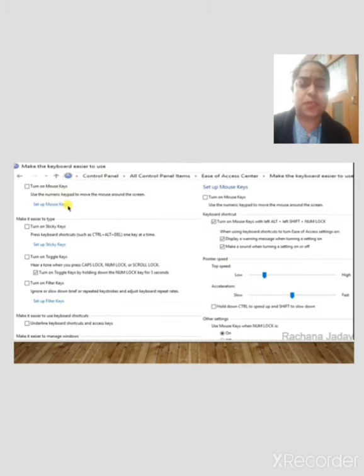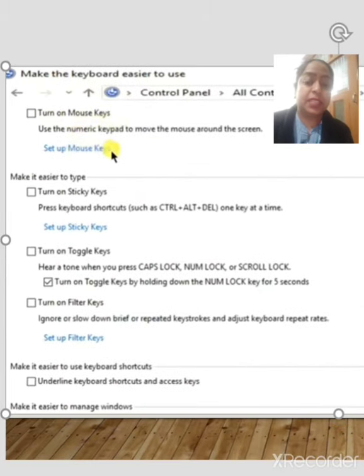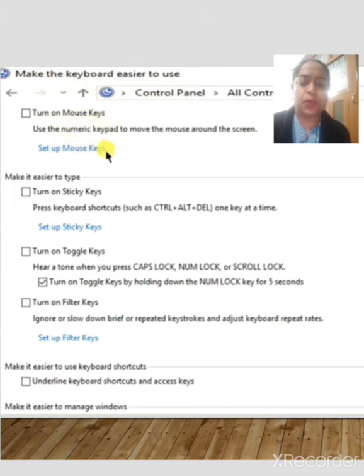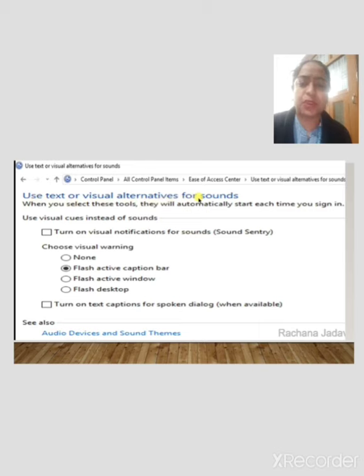All these options are there, and you have to just right click over here. There is a box. See, there is an option, turn on sticky keys. Then you have to click here, then the right option will appear to you, and you have to open all the things. This type of screen will appear to you: sticky keys, sound keys.